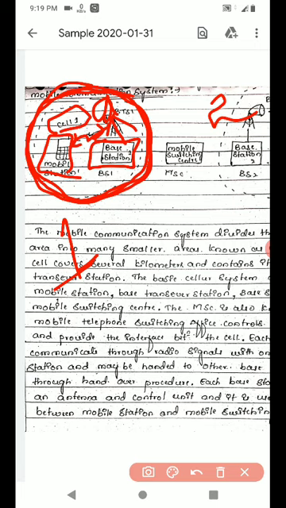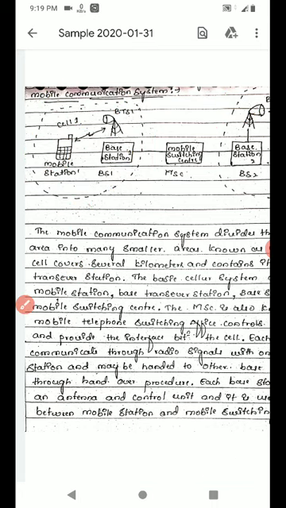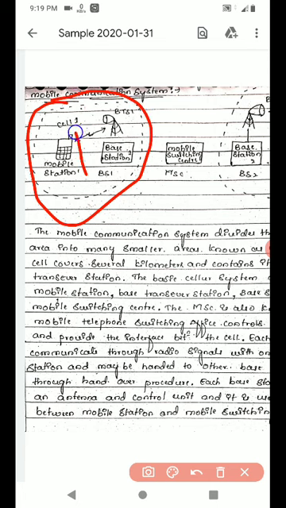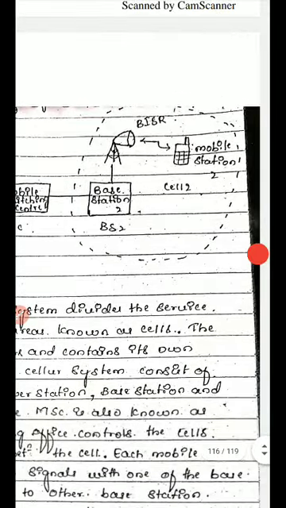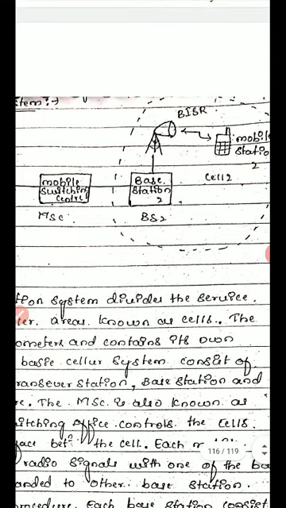In each cellular area there will be n number of mobile stations, but only one base transceiver station and only one base station. Similarly this is cellular area 1, that is cell 1. Like this another cellular area will be there, I can call it cell 2. It also has one BTS, one BS and n number of MS. MS is nothing but your mobile station.